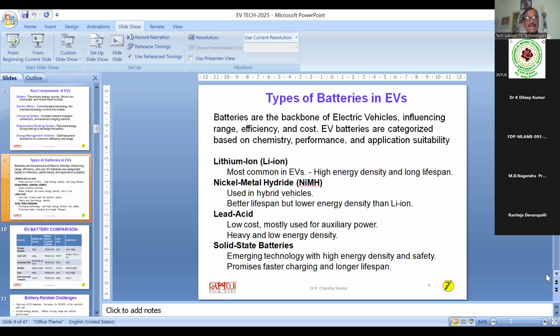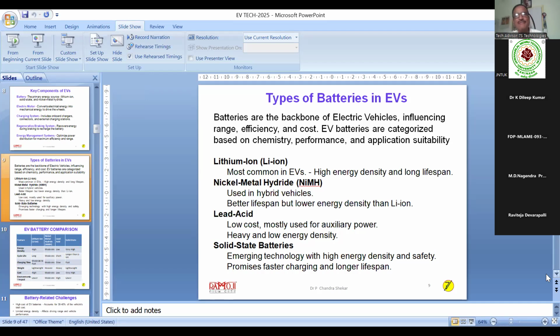And also, when you plan the route, suppose I am going from central Hyderabad to 100 kilometers away. What are the charging stations available within these 100 kilometers? What is the battery strategy? It warns you before the battery runs low: please charge your battery, it is going to be low. Charging station is available at so and so place. So software engineers and communication engineers, ECE people, are also going to play a vital role in future electrical vehicles.